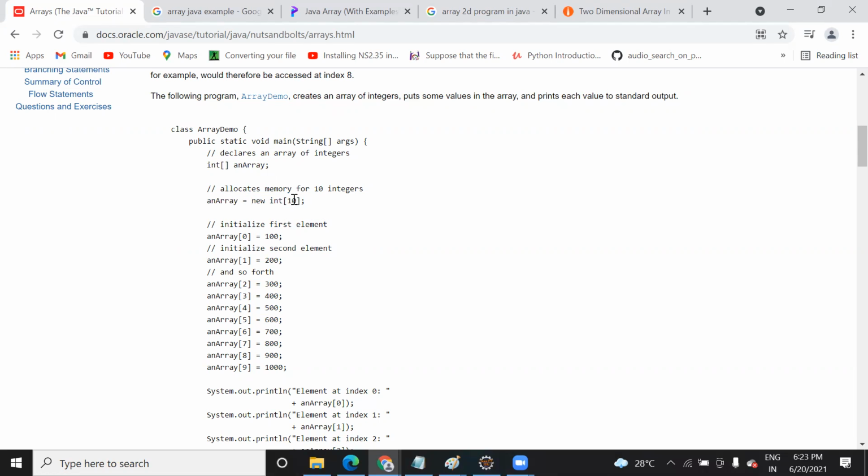Okay, why do we use this second way? Because you have defined the size here, but you need to assign memory to it, right? Is it clear? Yes, sir. So you need to define the size also, that is how these elements are going to be saved in memory. Okay, so once you define the size here,